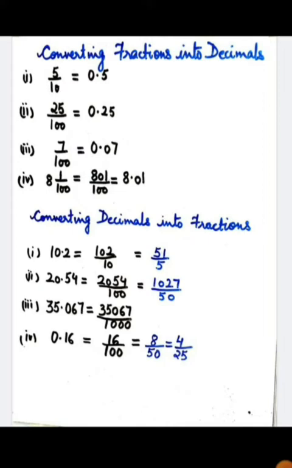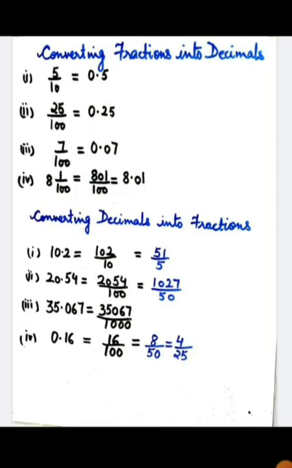And in the fourth part, a mixed fraction is given to you, that is 8 1 upon 100, and after converting it into an improper fraction, it will become 801 upon 100. Now, first of all, you will write the numerator as 801 and in the denominator, 2 zeros are given to you. So, you will put the dot from the back after 2 places, that is after 0. 1 is the first place, 0 is the second place, then put the dot after 0 and our answer is 8.01.